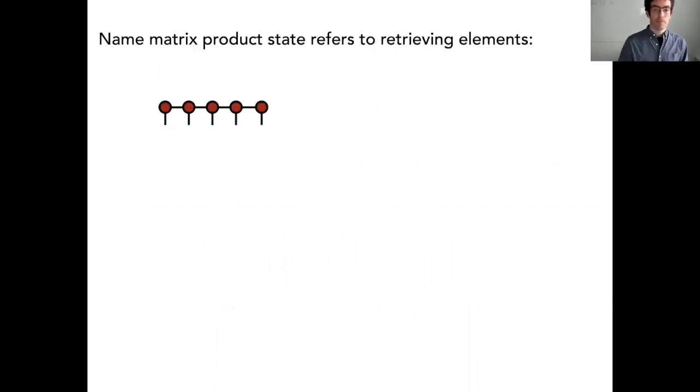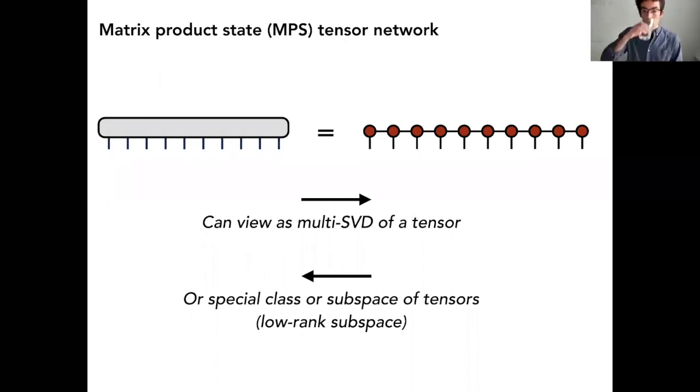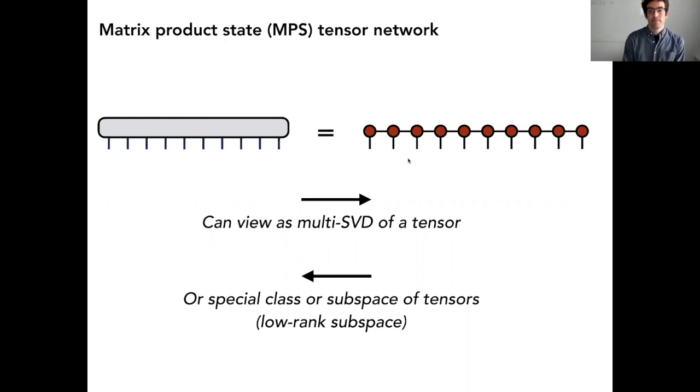Sorry, Miles, I have one more question. This matrix product depends on the ordering of the indices, right? That's right. So if you chose a different ordering, you might get a worse compression, or better compression. What if there's no canonical ordering? How do you know what the right ordering is for a given tensor?